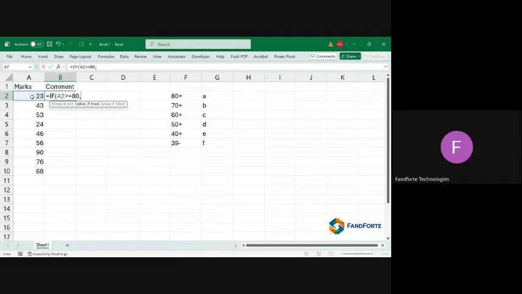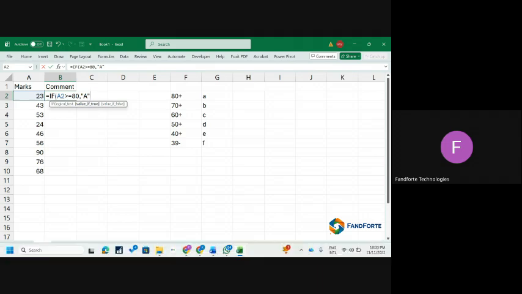you do what? You say now double quotation marks, text, but in this case it's an A. So you're putting an A right there. So that will only be true if that cell returns an A. So if not true, now if not true, instead of writing a B because it will not be a B,